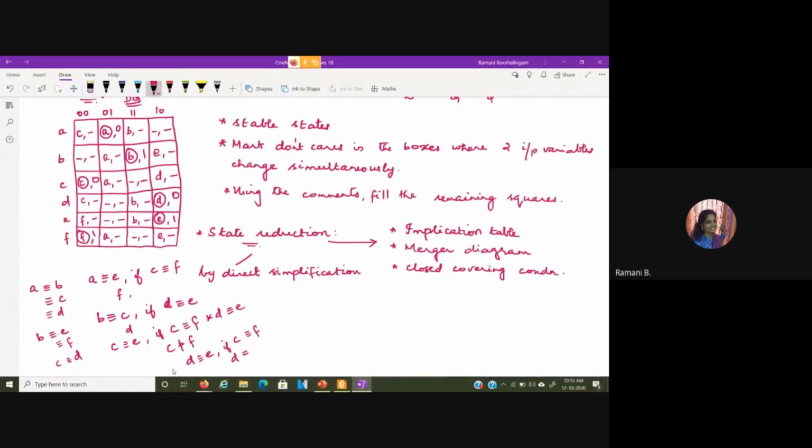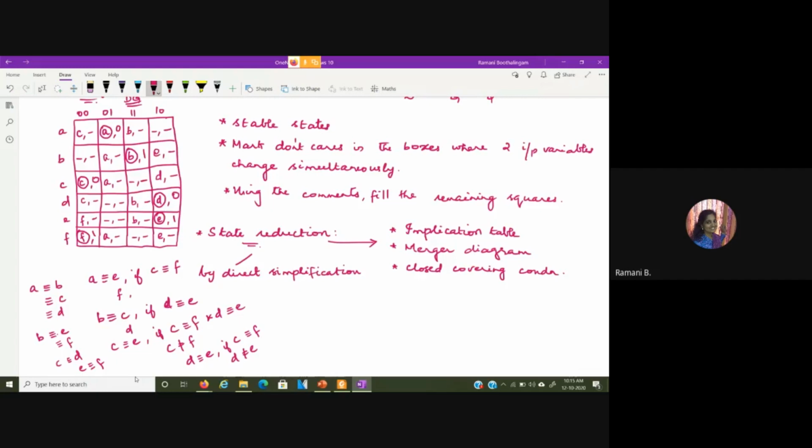So D cannot be equivalent to E. All these cases fail. Next, comparing E with F, it is equivalent. D with F is not equivalent, as this has C and F and this is D and E, and we saw that those two are not equivalent.